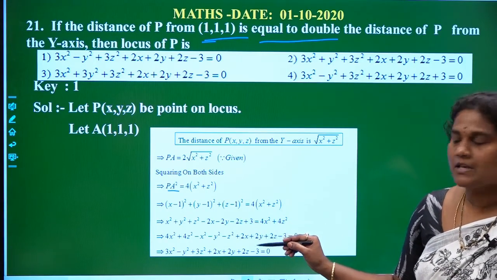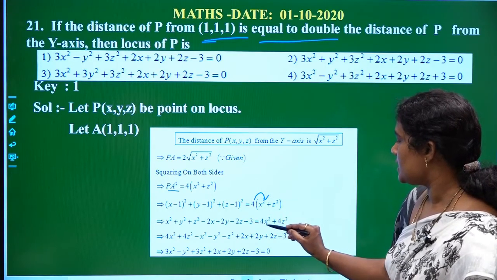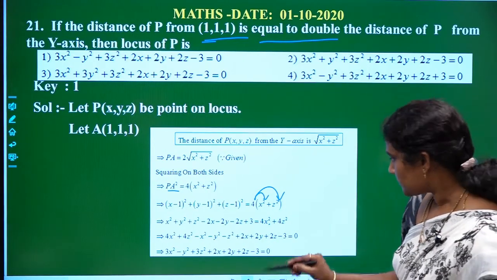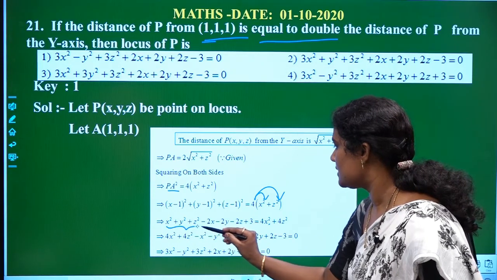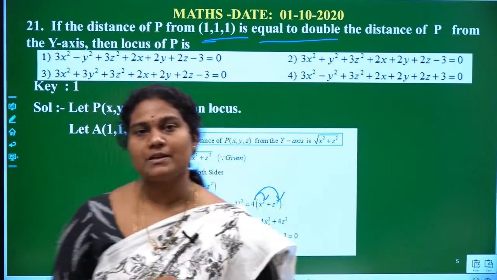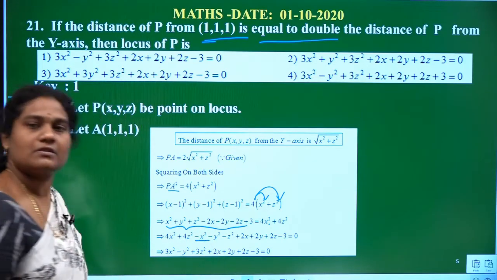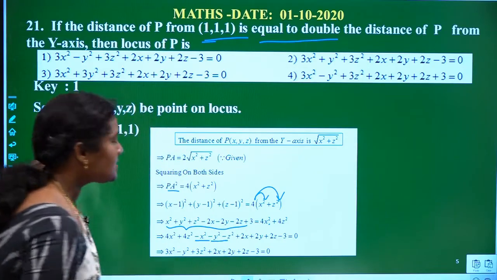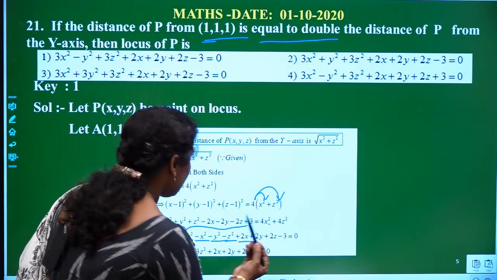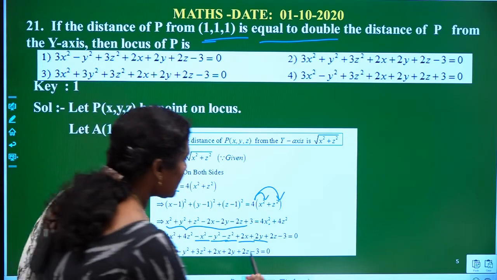Now, we have to simplify it. So, multiply the total term with 4. So, we get here 4x square plus 4z square. Now, better you take all these terms outside of the equals to, then you know that plus becomes what? Minus, and minus becomes what? Plus. So, here plus x square becomes minus x square, plus y square becomes minus y square, plus z square becomes minus z square here, and minus 2x becomes plus 2x. Next, minus 2y becomes plus 2y, and minus 2z becomes plus 2z, and plus 3 becomes minus 3.